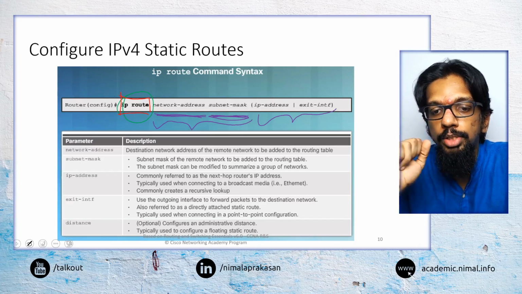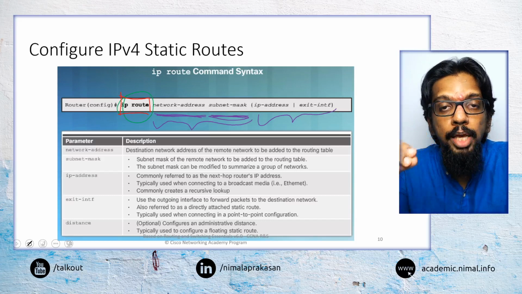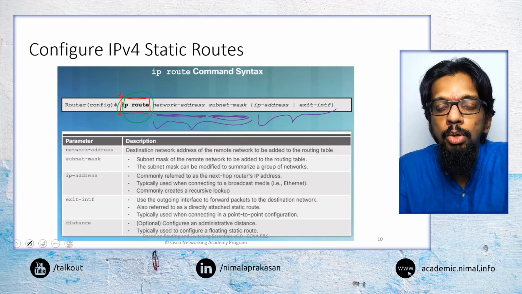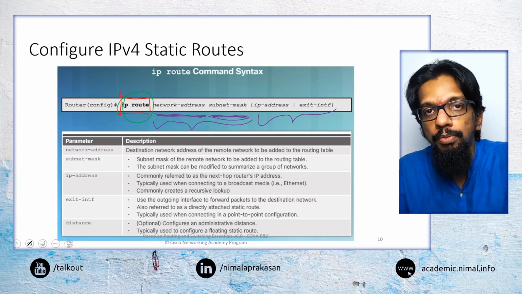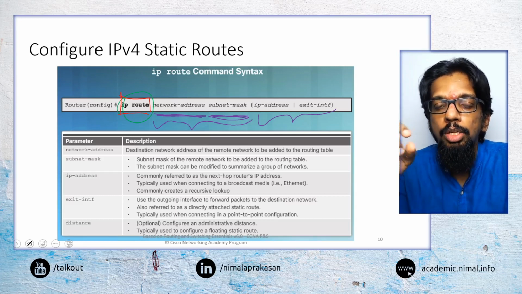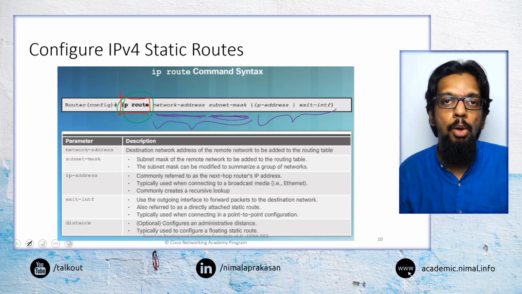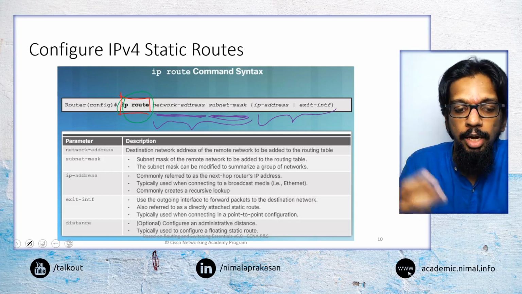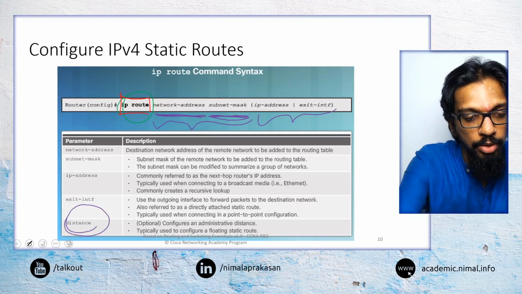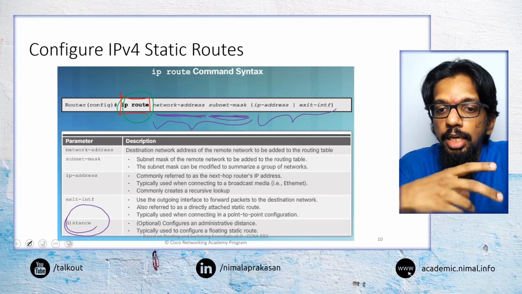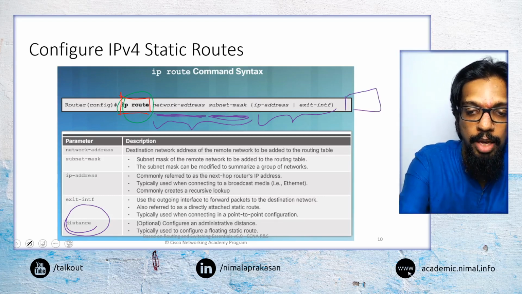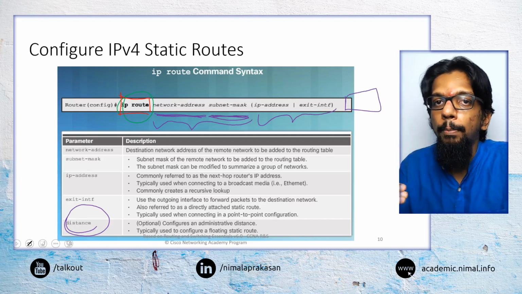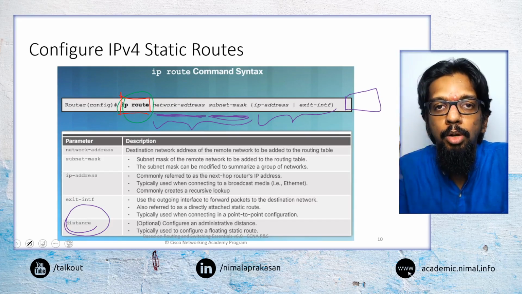Then we have to say through which path we will send that traffic. Again, we have two ways to say that. One is through the IP address of the next hop router to which we have to send the packet, or through which interface of this router we have to send the packet out. So we can say what is the destination router's address, or what is the interface through which that router is connected. And in addition, as an optional value, we can also include the administrative distance. The administrative distance may be added at the end of this command to specify if that static route needs to be prioritized highly or below, depending on our requirement.